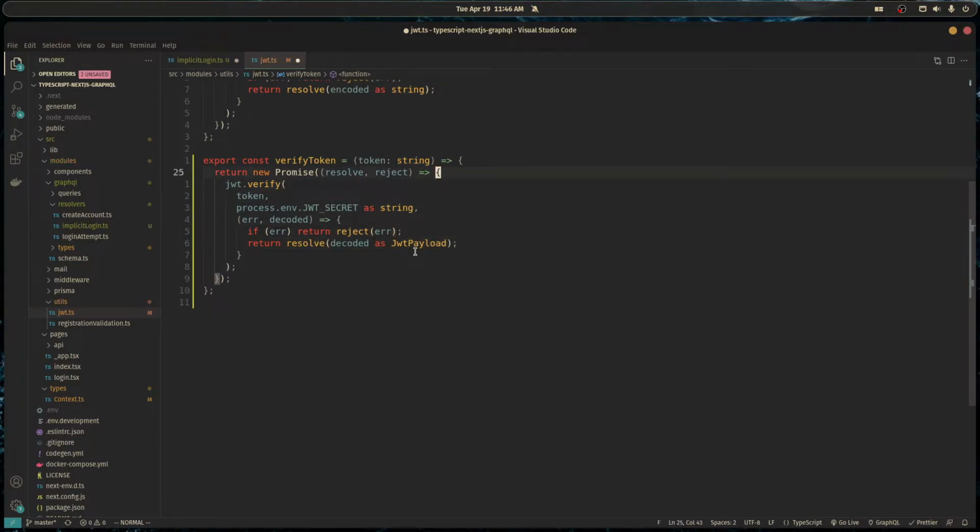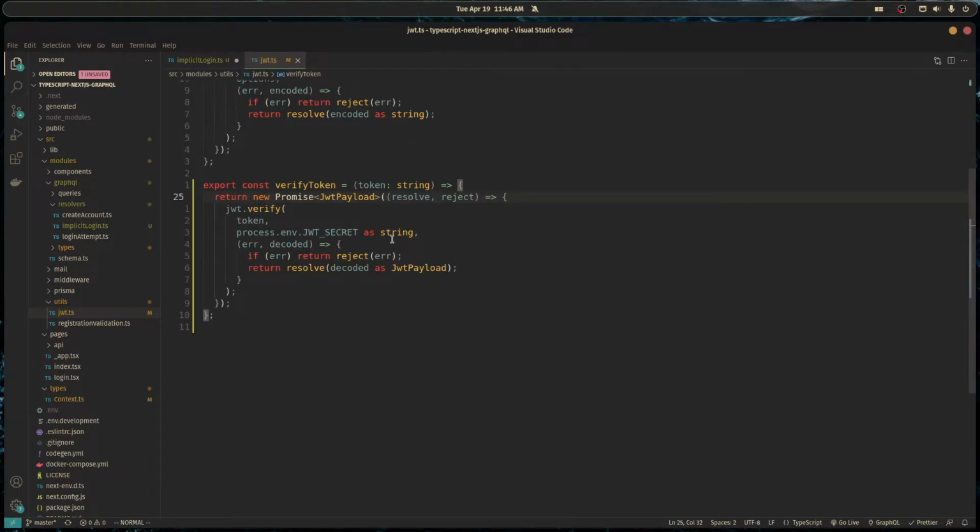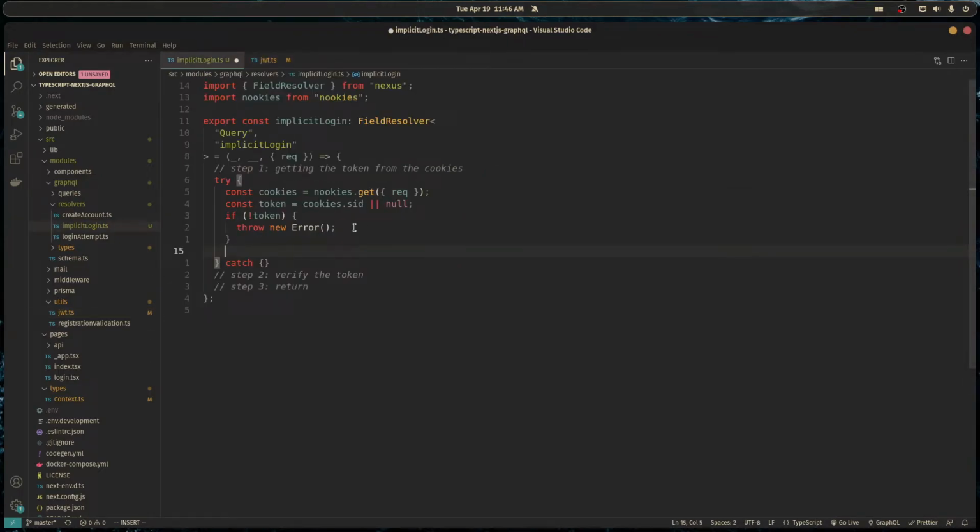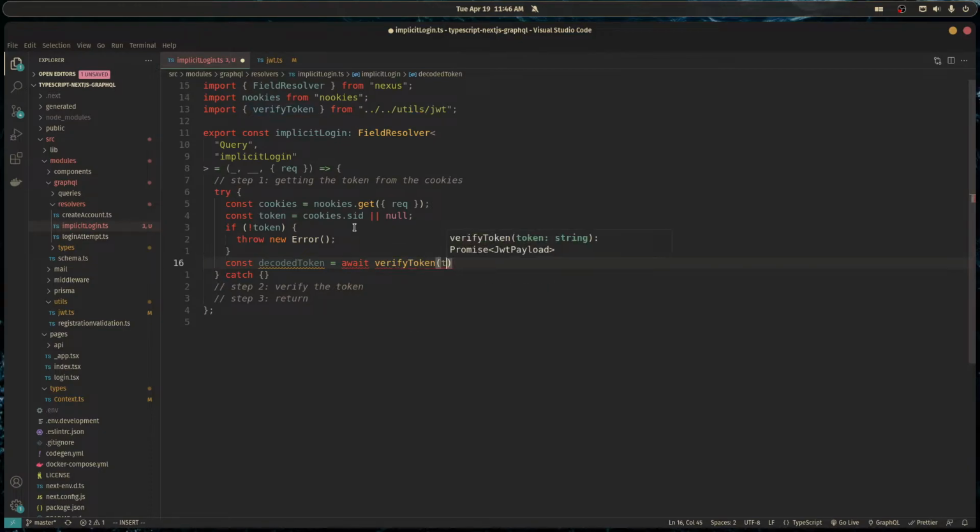And then here in the brackets, we make sure we pass that in like that. So now this has proper type safety. So now over here, we can just do const decodedToken is equal to await verifyToken. And we just pass in our token like that. And I gotta make this function asynchronous. And so now